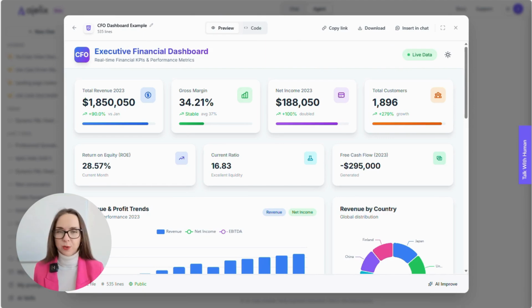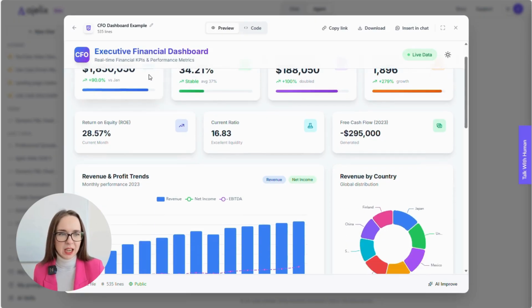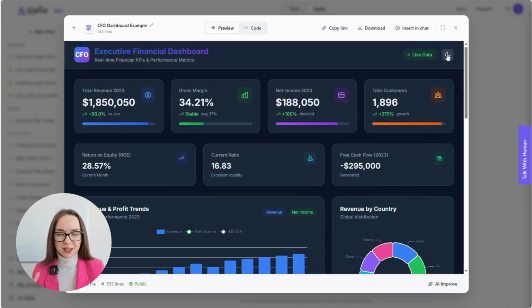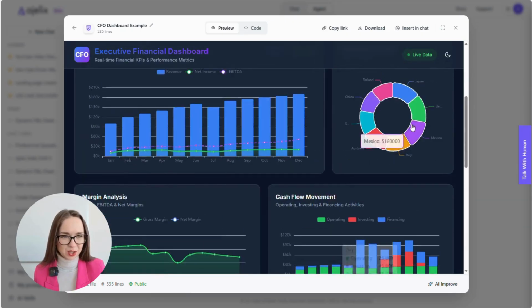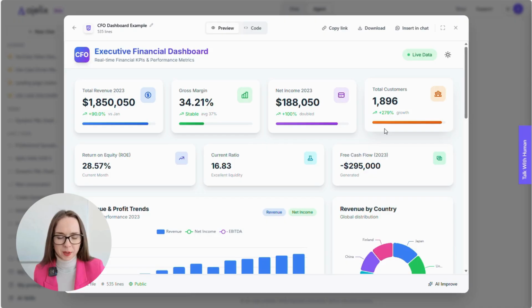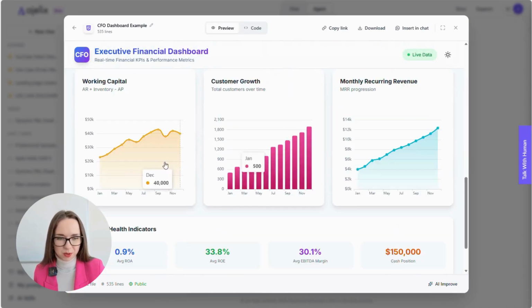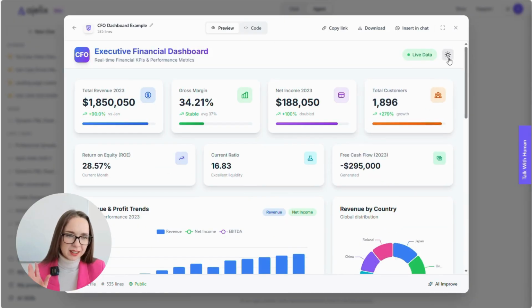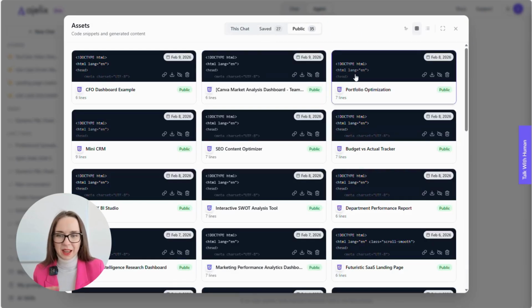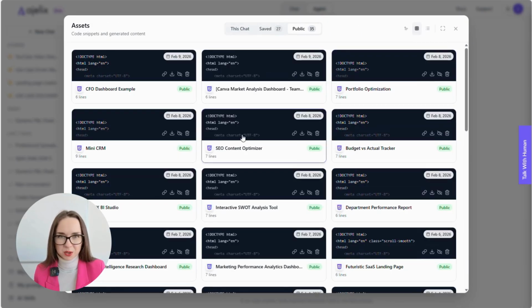Just to wrap it up, I wanted to show you other examples that I have created using agents. For example, this dashboard was created using Google Sheets data, and the AI just created it in one prompt. All the charts are interactive, everything is super interactive. It created all the KPIs, and we can even change the modes. The possibilities are just super amazing